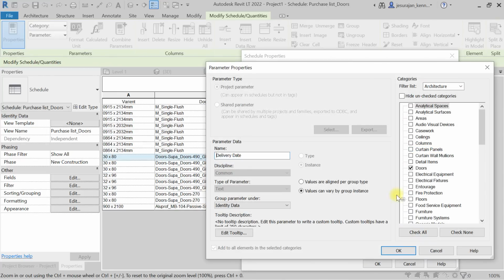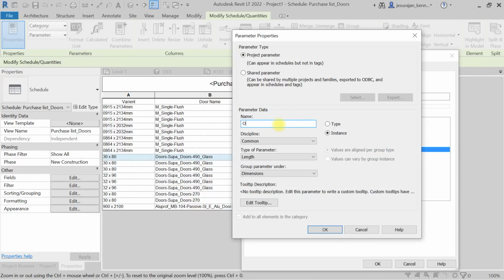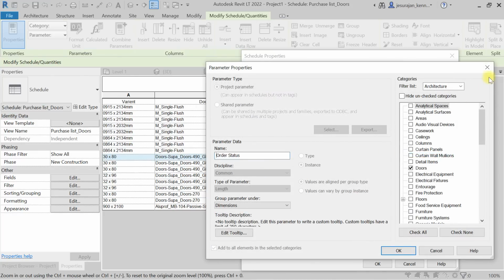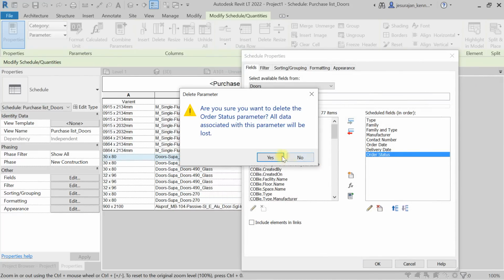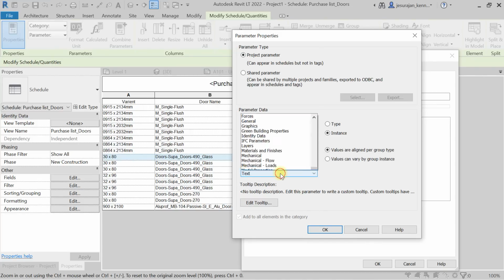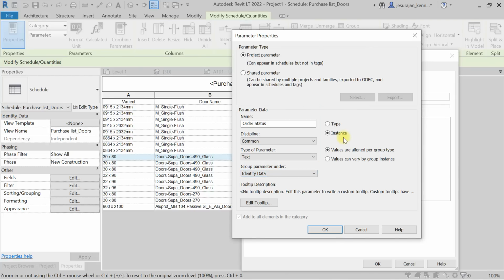Let's do another parameter. Okay, so here you have to do another parameter, so create again and say order status. So I should do it again. Create parameter, and here you select order status and say common text again. Here put them in identity data, and